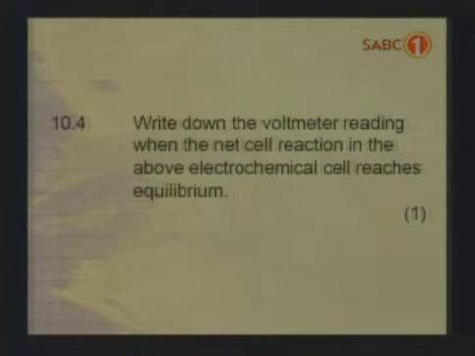All right, let's go on here. Write down the voltmeter reading when the net cell reaction